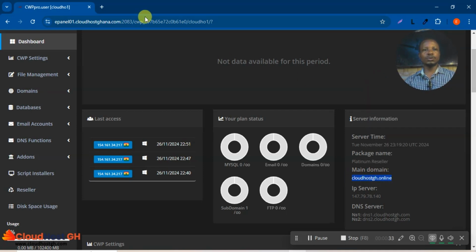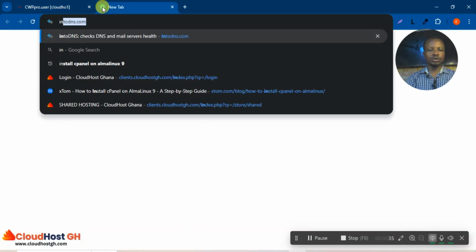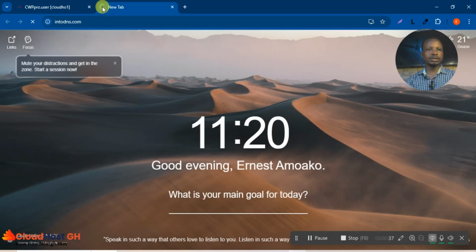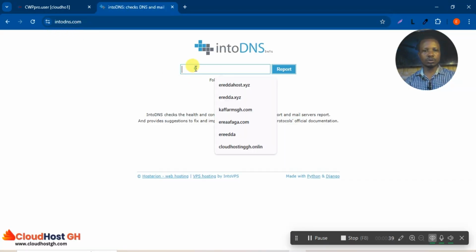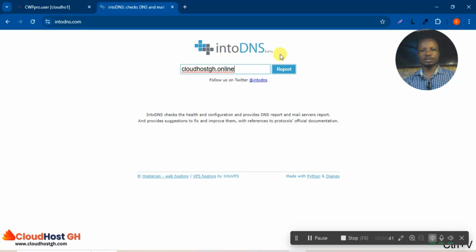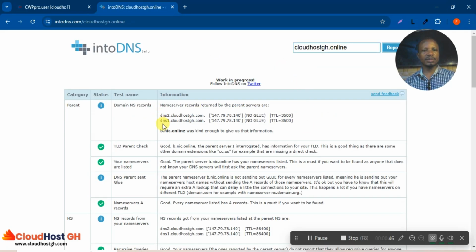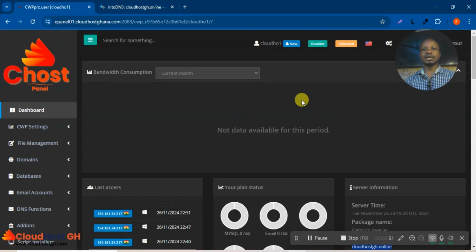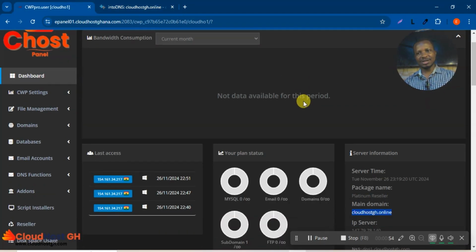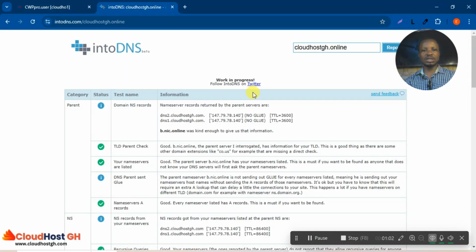Okay, so I can go here and enter dns.com. I will place my domain name here and click report. Now I can see that this is my name server, ns1.cloudhost.com. So this domain, that's the cloudhost.online, which is the main domain of this web hosting platform, and it's using